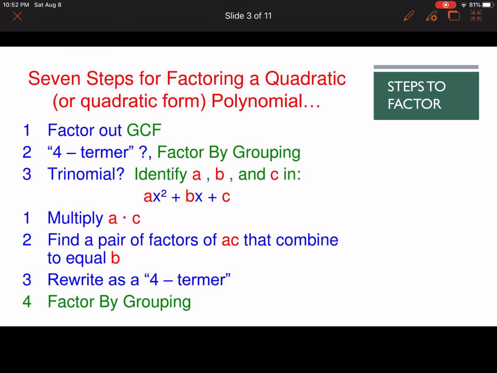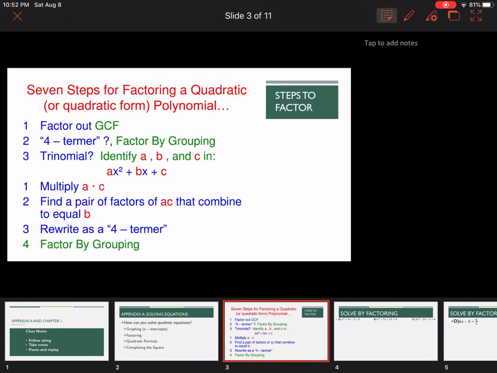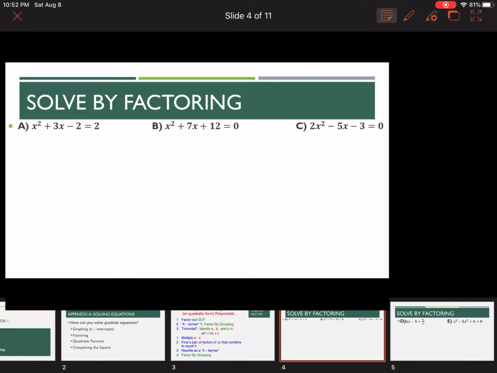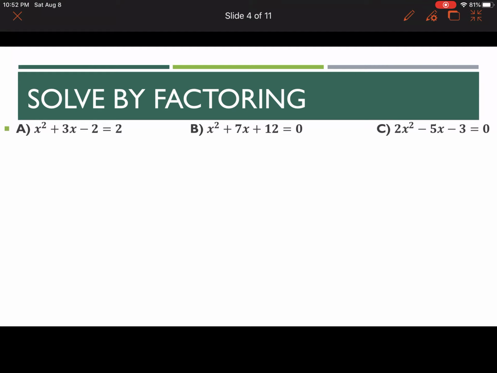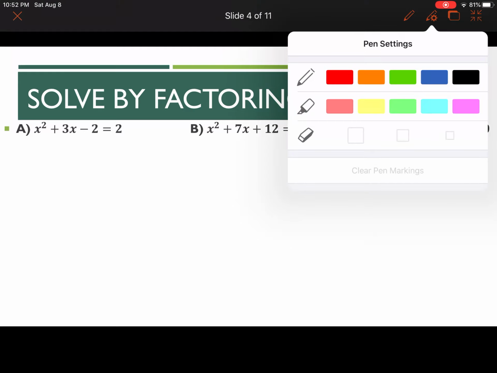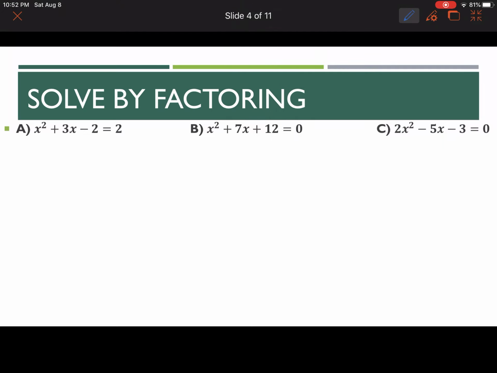Okay, so let's go ahead and get started. And we have our first few questions, which are over factoring. So in order to factor, the first thing you want to do for factoring is set it equal to 0. So we're going to do that by subtracting 2 from both sides. Okay, so when we do that, we have,